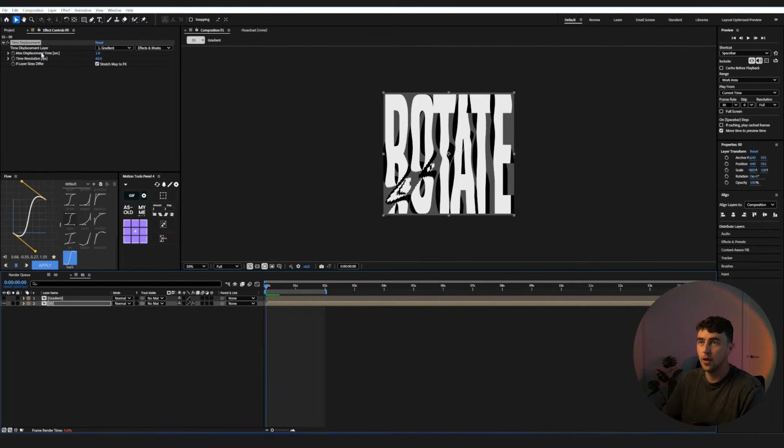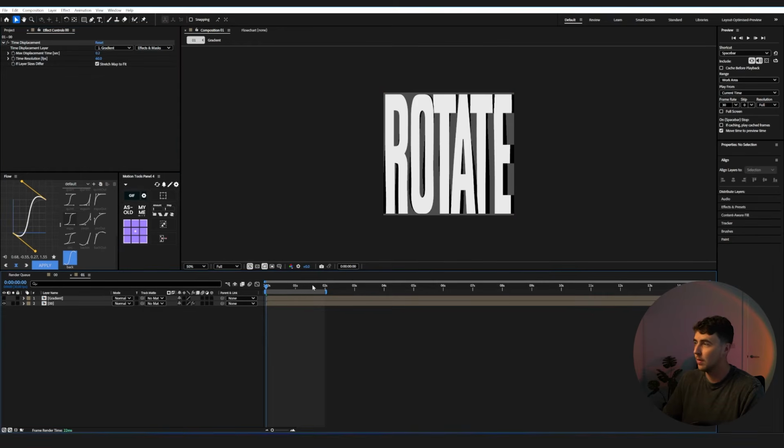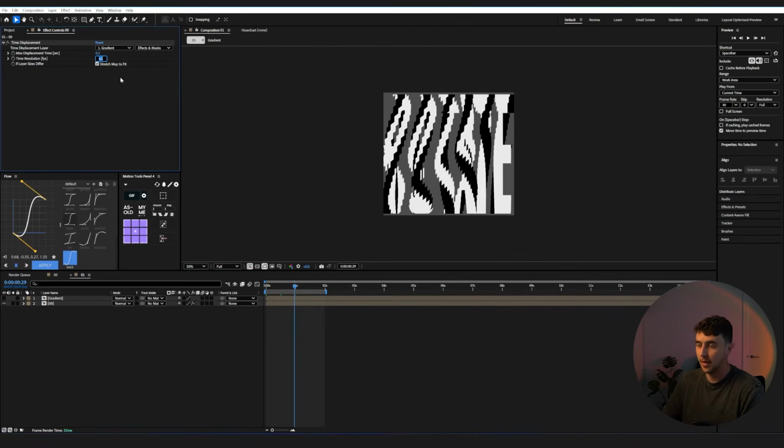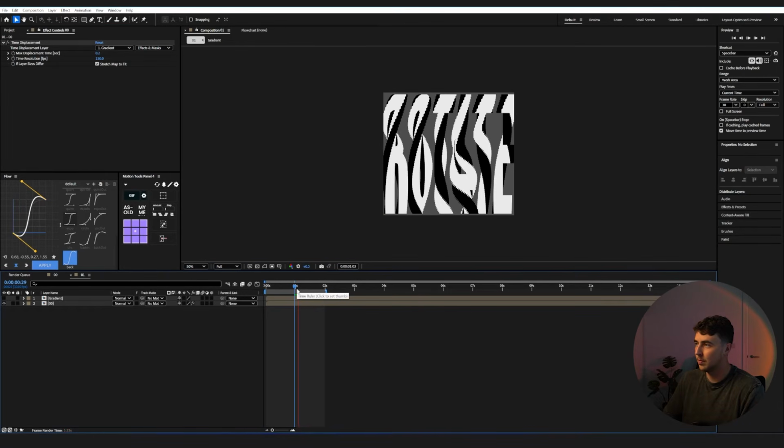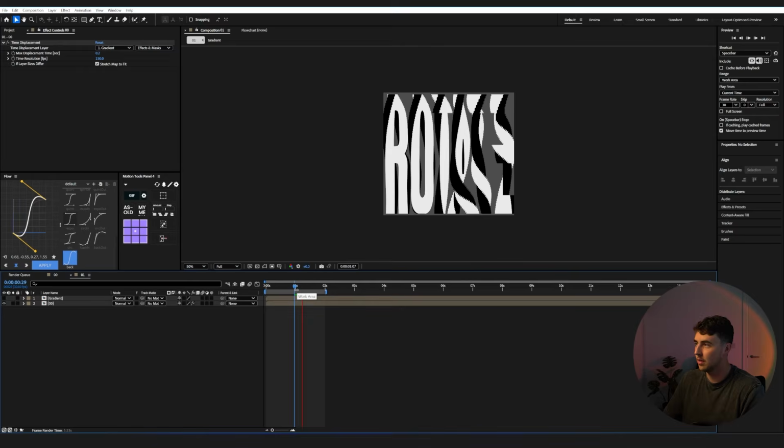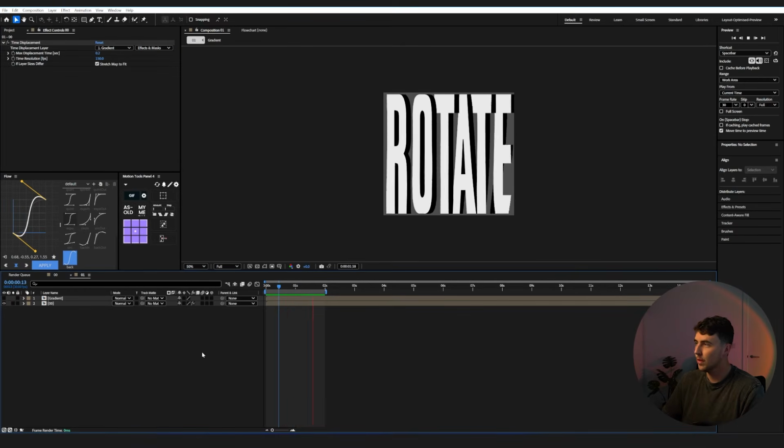So for your max time displacement, we're going to just change this to something like 0.2. As you can see what's going on here, I'm just going to increase this to maybe like 150. And that's going to get rid of those jagged edges, and you'll kind of have a better idea of what's actually going on. So I'm just going to load this up, and we can see how the animation is looking. Right, so that is how it's looking, and it's already looking pretty nice,